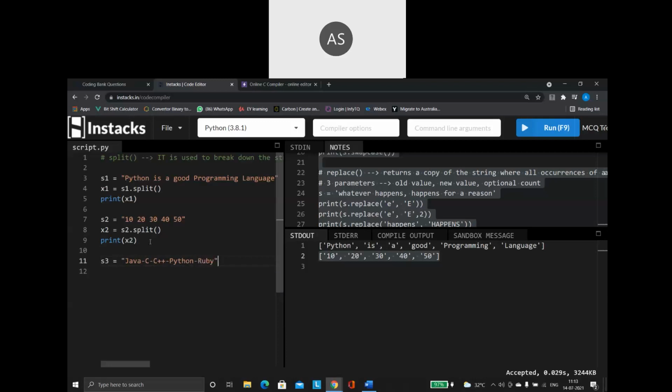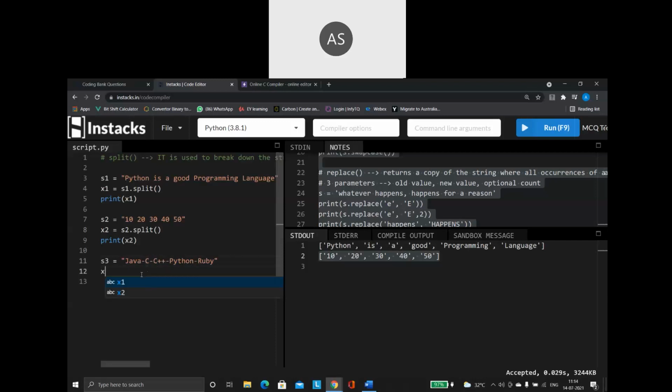this is my string value. See how I have used a hyphen? After each and every programming language, I am here creating all programming language names. After each and every programming language name, I am using a hyphen. So now I'm going to split this data. I want Java separately, C separately, C++ separately. So how to split this?